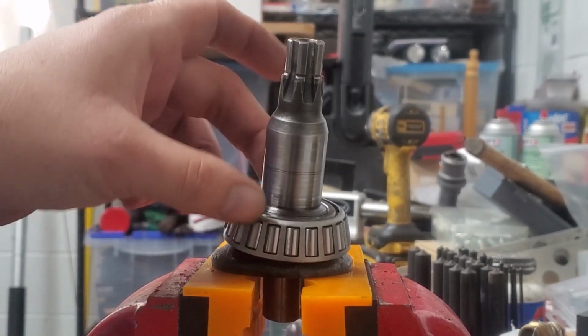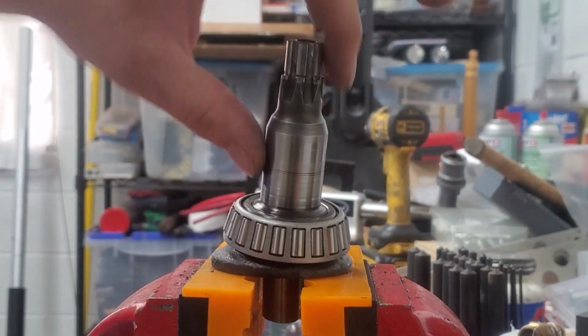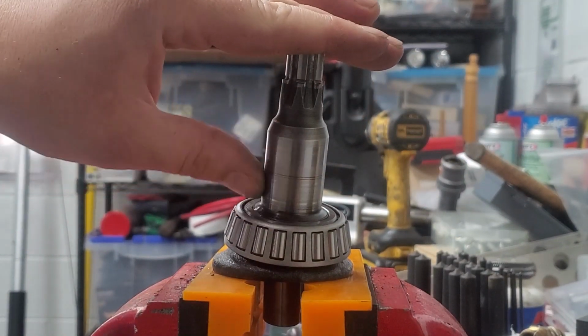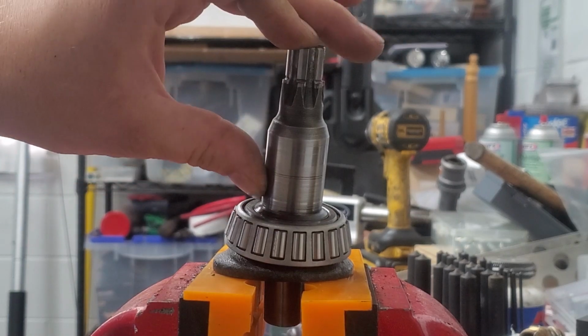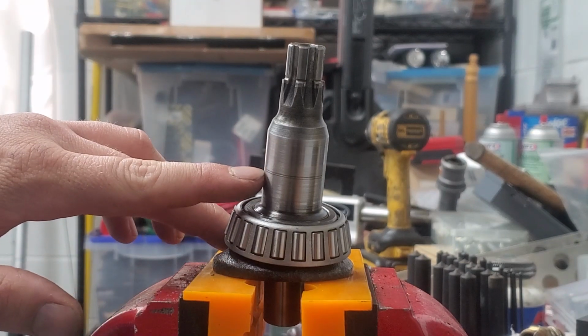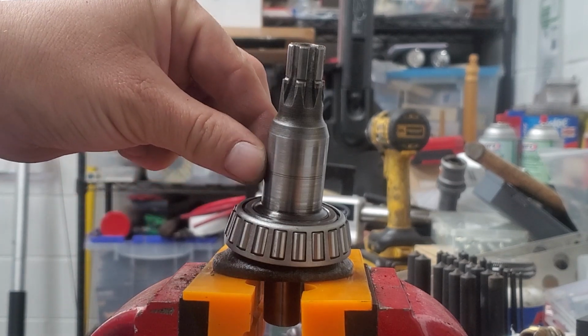One thing you need to inspect before you press this bearing on, make sure that this part of the shaft is not grooved or damaged. If the shaft is grooved or damaged, it's not going to seal and you're not going to get a good prime on your pump. I do have a little groove right here on the fingernail,